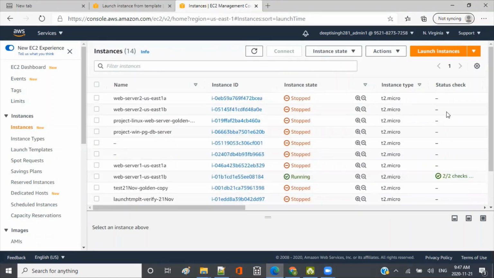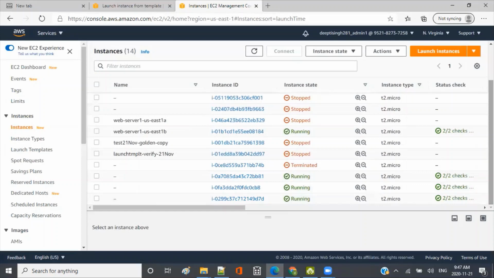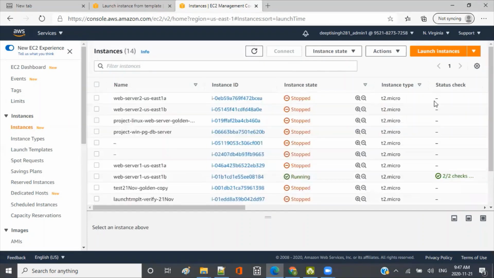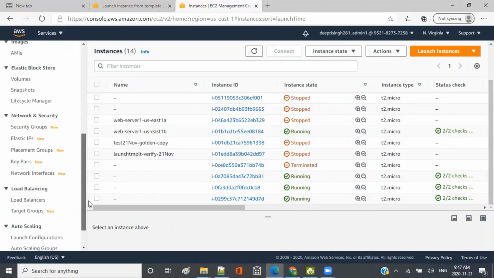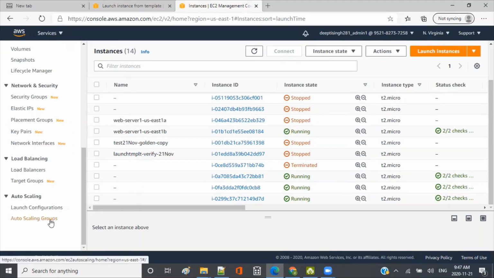basically, what it is doing behind the scenes is the health checks, right? So it will do the health checks, and when 2 successive health checks fail, only then will it come to know that it is unhealthy and that it wants to terminate it, right? So it will wait for that time, and after that it will terminate, and then we'll start seeing it here as stopped and then terminated. Okay, so that's one thing, the auto scaling group which is deleted.